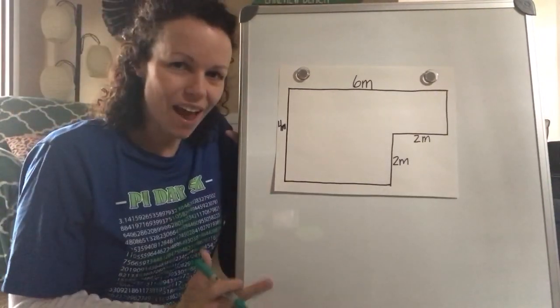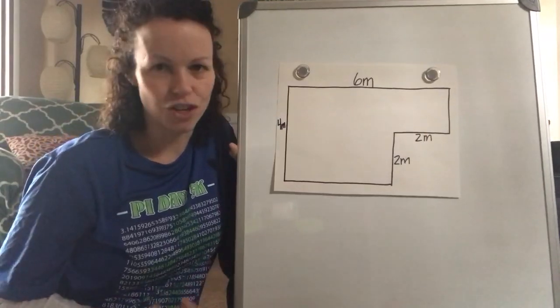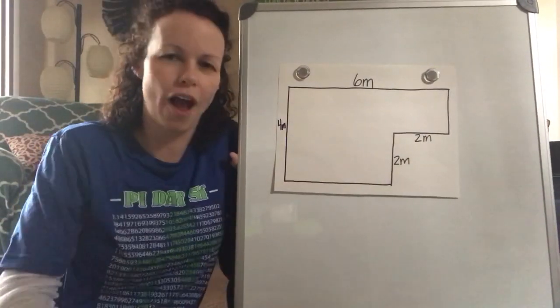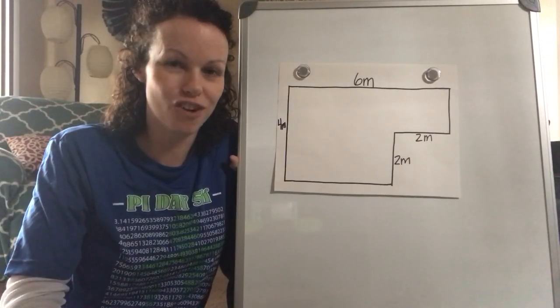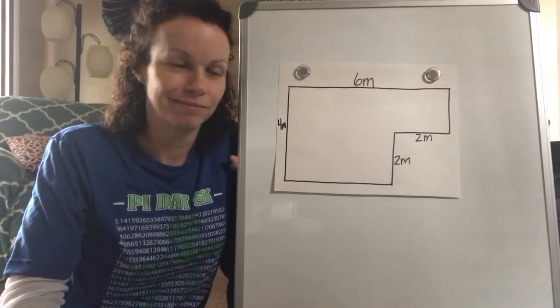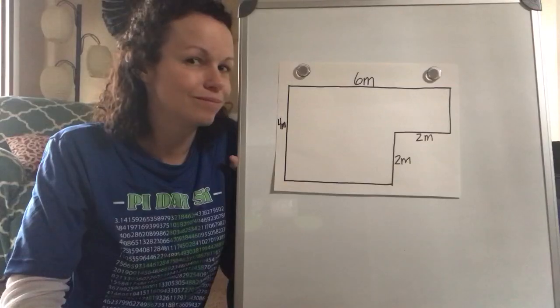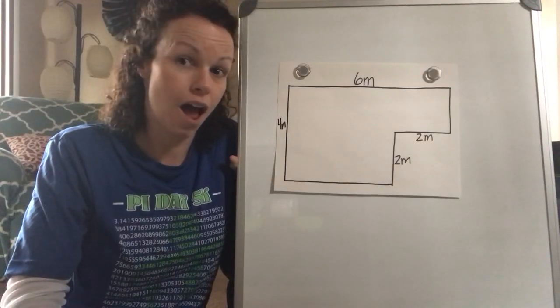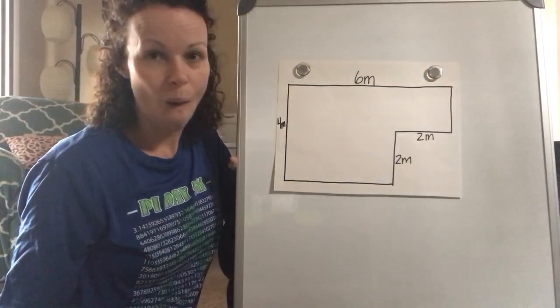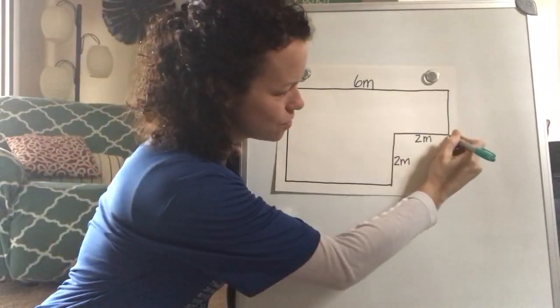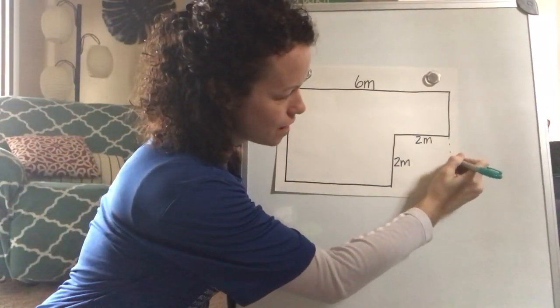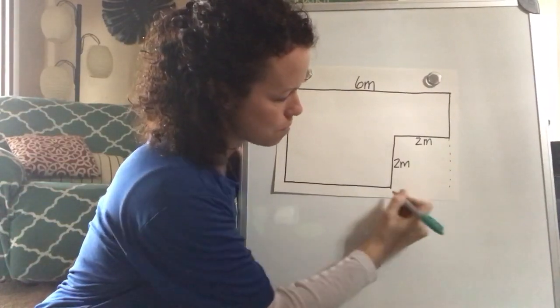So this way, you actually use subtraction. You don't add the areas together, you subtract. So can you think of any idea of what I might try here? Any idea? Yep. So what I'm going to do is I'm going to kind of fill in this whole thing and pretend